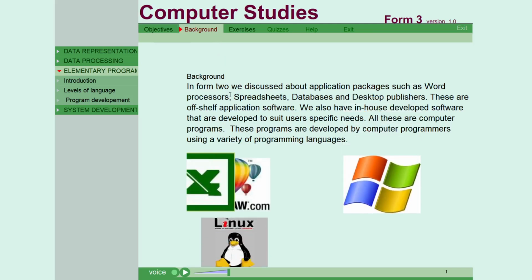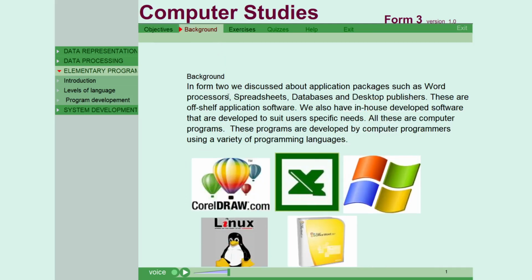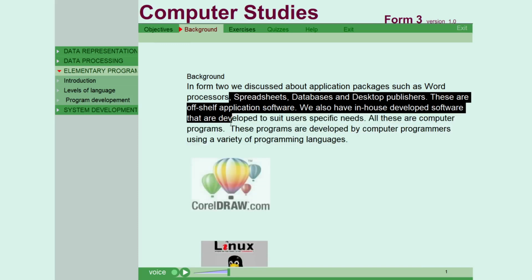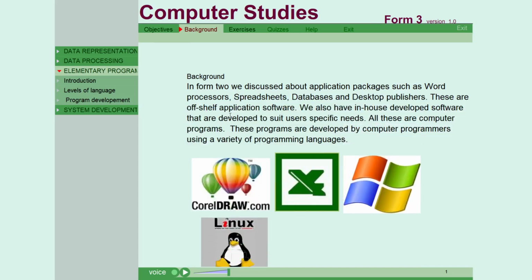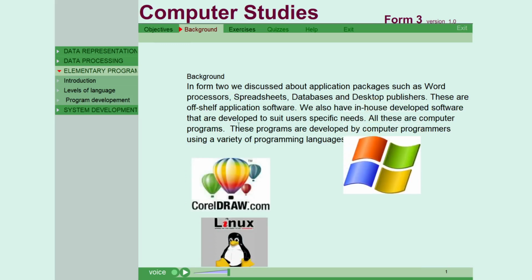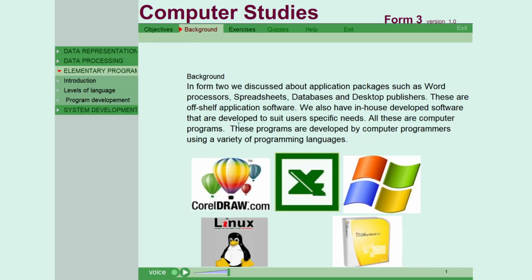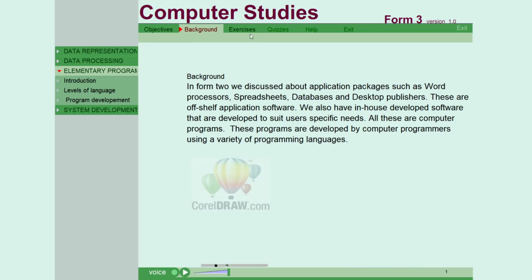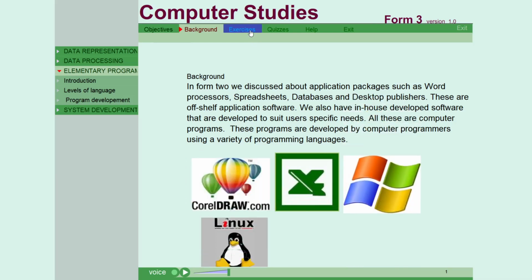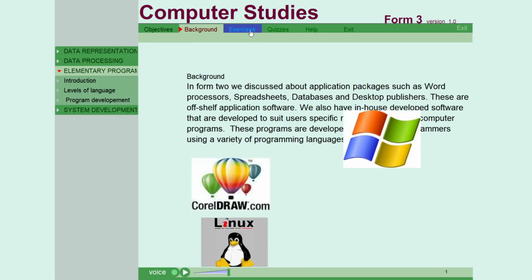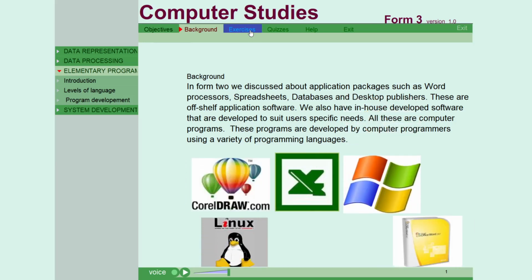In Form 2, we discussed application packages such as word processors, spreadsheets, databases, and desktop publishers. These are off-the-shelf application software. We also have in-house developed software that is developed to suit user-specific needs. All these are computer programs. These programs are developed by computer programmers using a variety